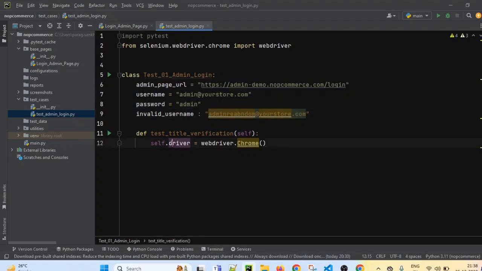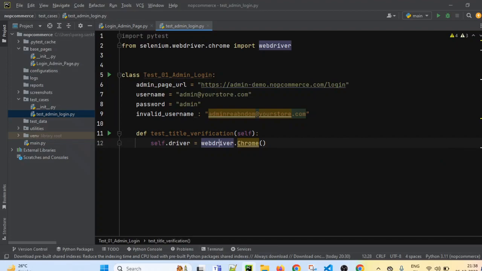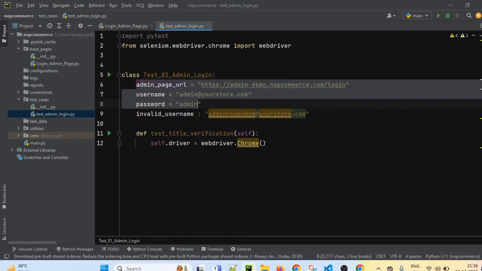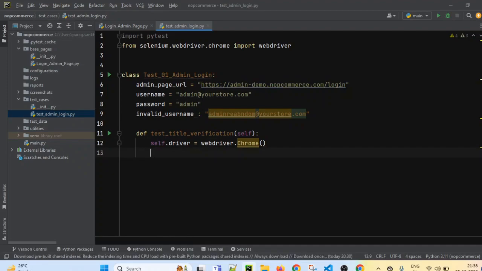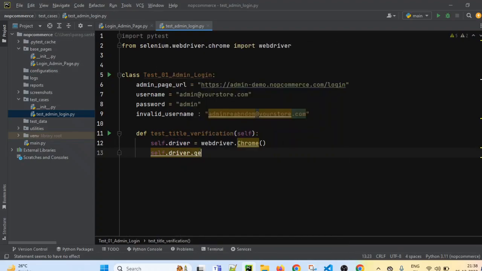Once we make it self.driver, that means we can use it to access this class variable. So self.driver equals to webdriver.Chrome. After that, what we have to do? We have to launch the browser, self.driver dot